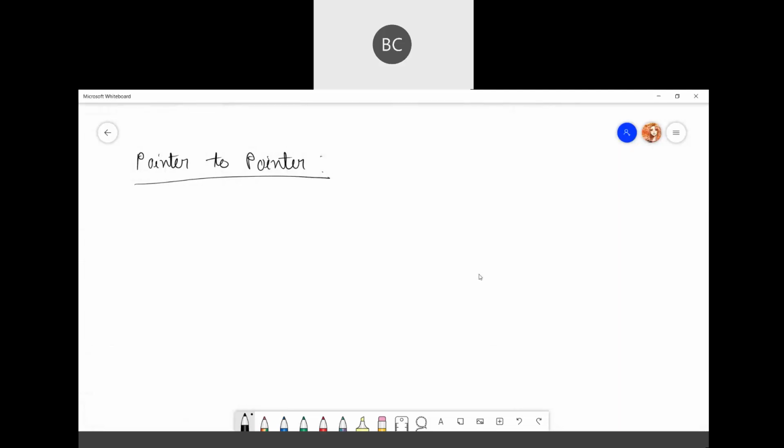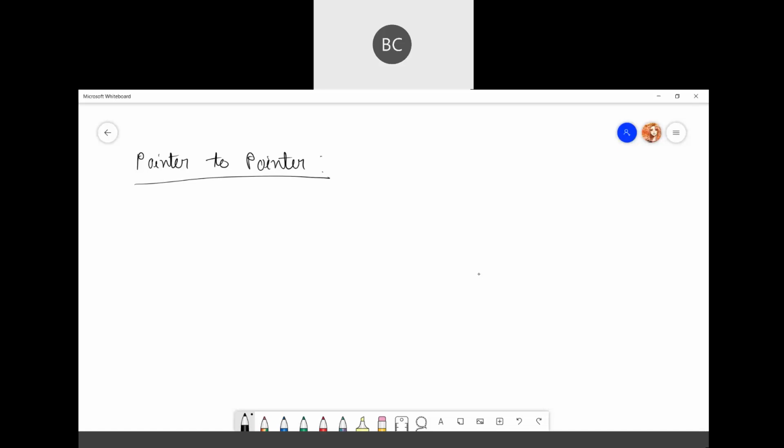What's the function of a normal pointer? Anyone? What does a normal pointer do? Point to an address. Correct. So what will a pointer to pointer do?